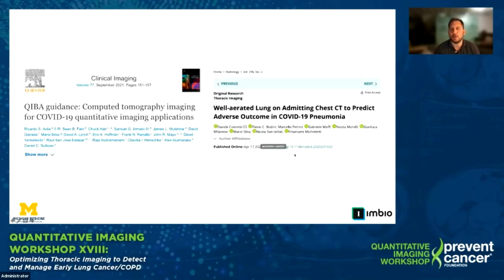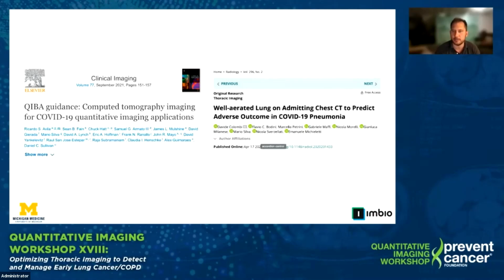In spring 2020, the Small Lung Nodule and Lung Densitometry Committees got together to write a guidance document on optimal protocols for quantitative assessment of COVID. Not much was known yet about quantitative CT for COVID. We knew that CT imaging was not commonly used in the US due to concerns about contamination and the availability of PCR testing. It was also known that COVID patients often had severe airspace disease and alterations in pulmonary vasculature,